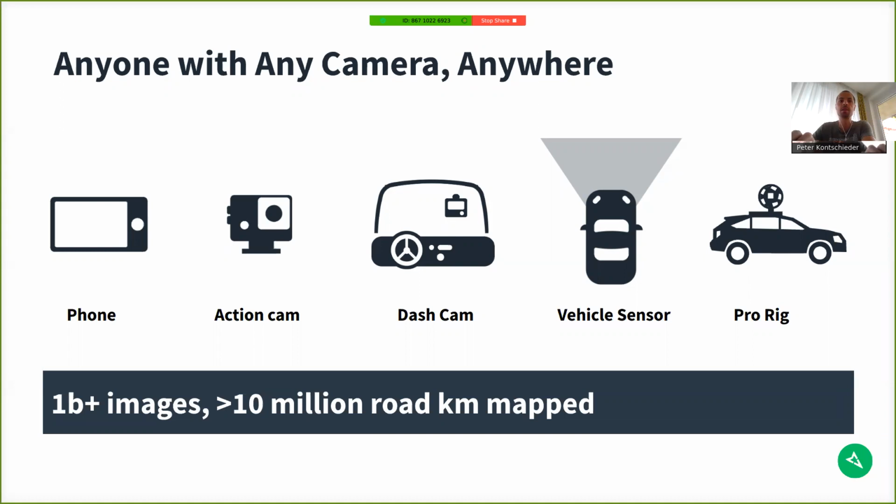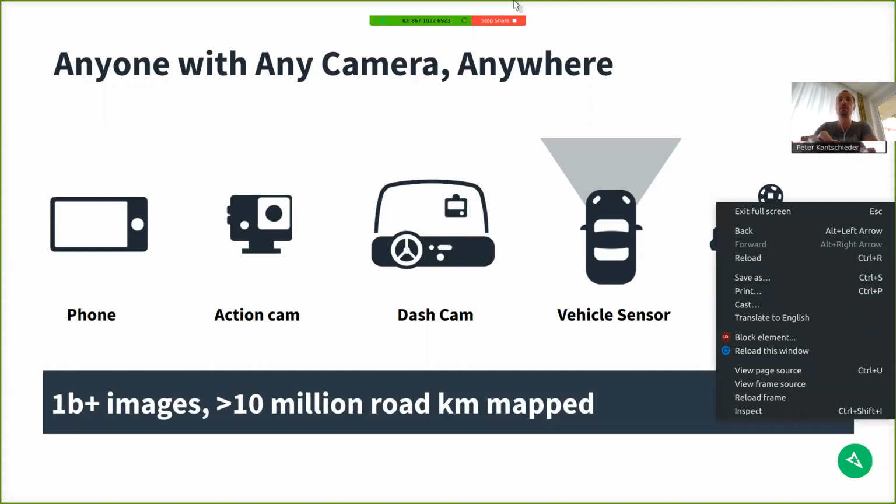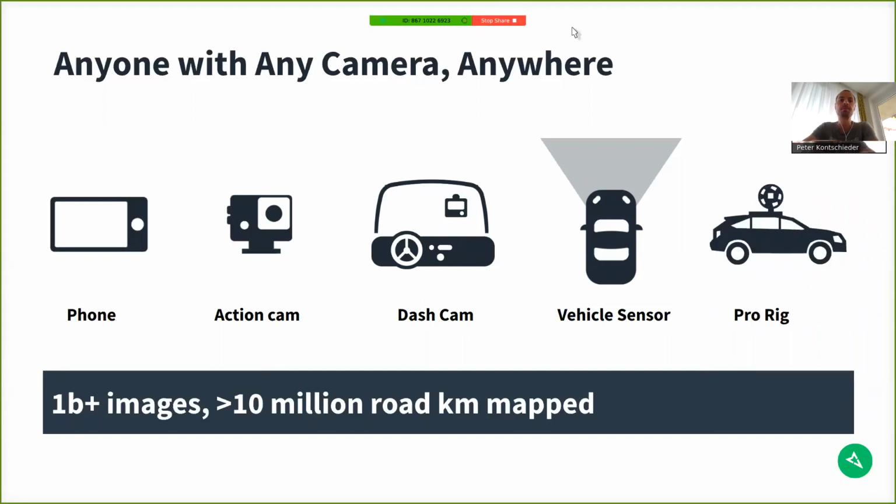That obviously is heavily used by people who are using phones, action cameras, but also dash cams, vehicle sensors, and professional rigs are actually used for providing data to our system. In such a way, we could collect already more than 1 billion images, and we're covering more than 10 million kilometers of road being